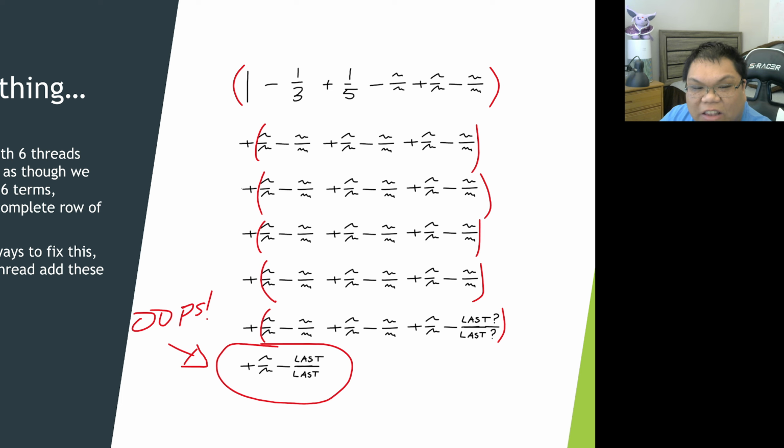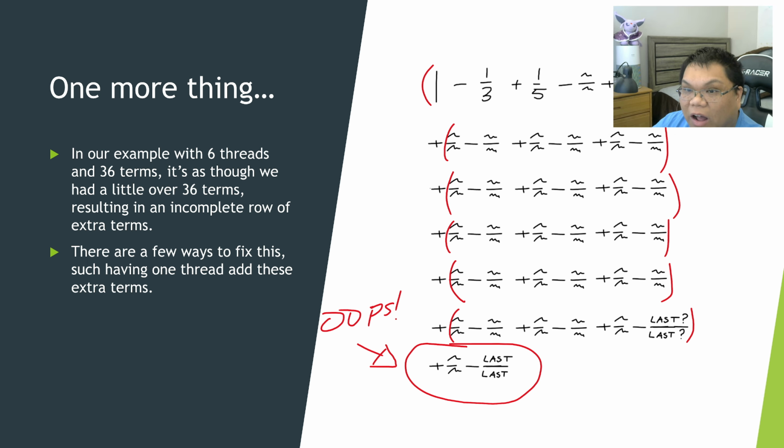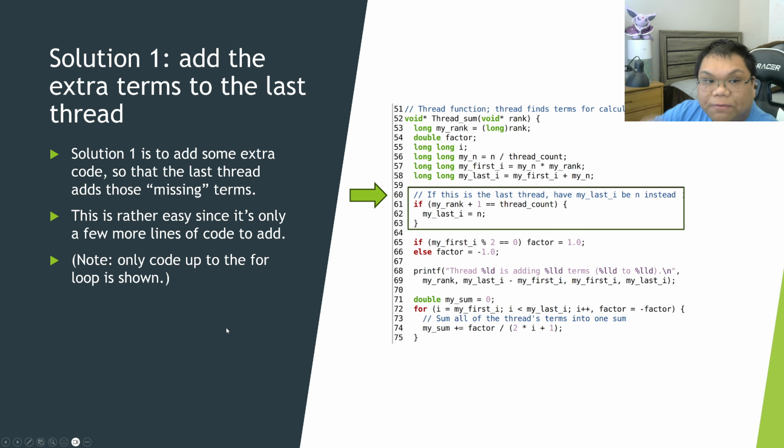So last? No, this is last. We need to get these last terms, because if we don't, we're gonna make an oops here and forget to add them. So there are actually 2 ways to fix this, and one is rather simple and the other one is, in my opinion, a lot more elegant. So the first solution